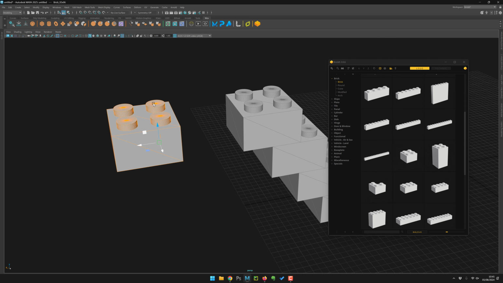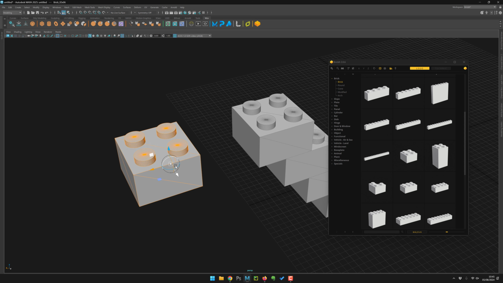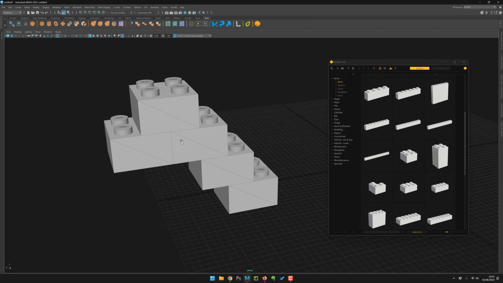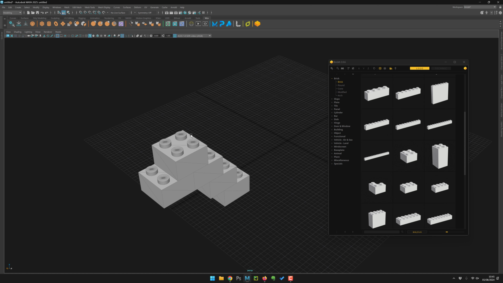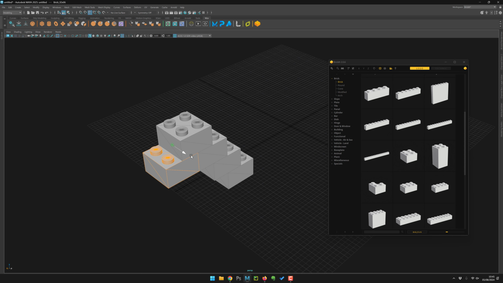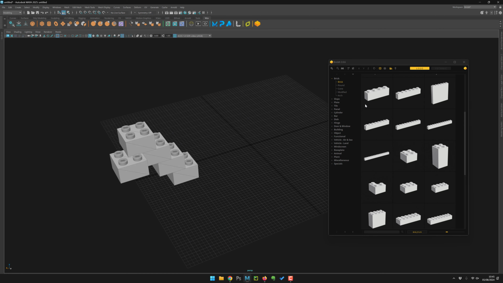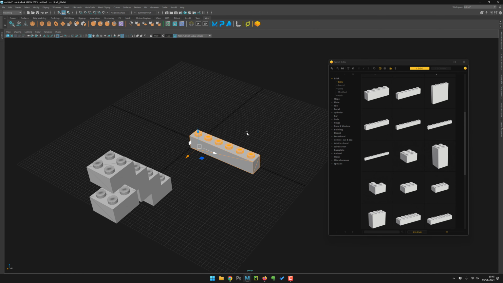For example, I want this top to be here, so I will go to edit pivot point, and I will place it here because I want now to snap with here, and just boom, snap into the bottom. You see, it's all you have to do. And now with V, I can do it. Pretty natural